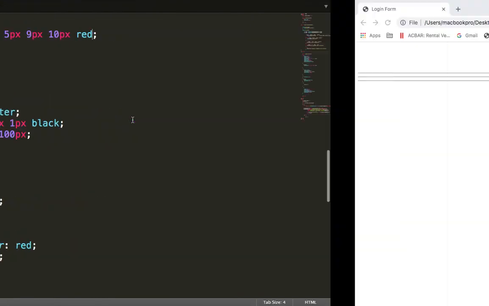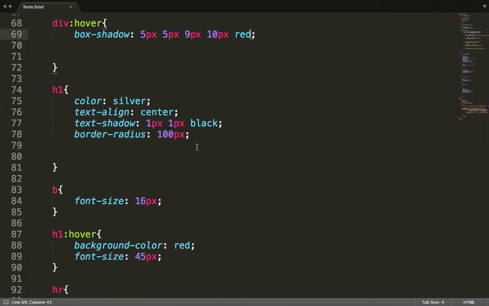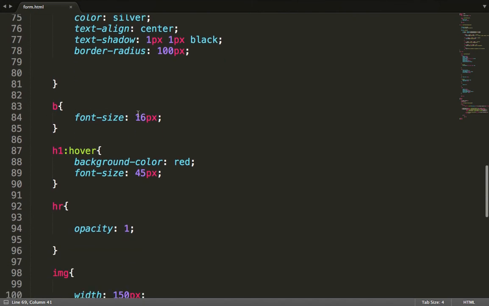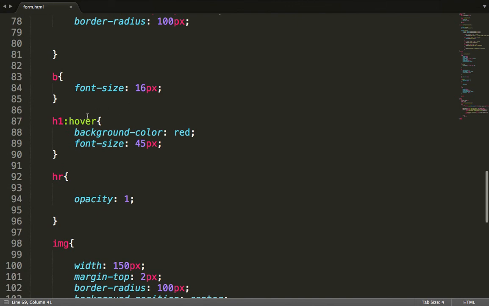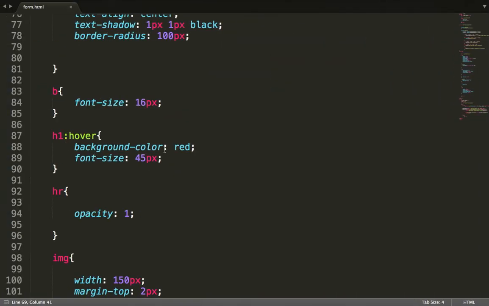HR color silver, you can see this is our HR1. The color is silver. The text align is center, the text shadow is black, border radius is 100. Now font size for H1 hover. When H1 is hovered, background color red, font size 45. It means that the background color gets red, and the font size when I put